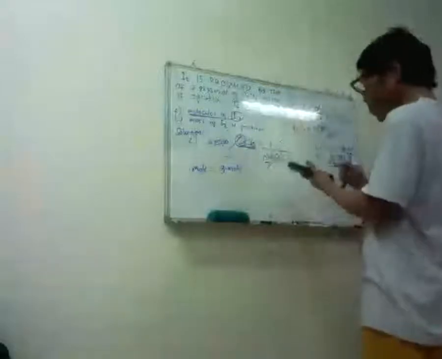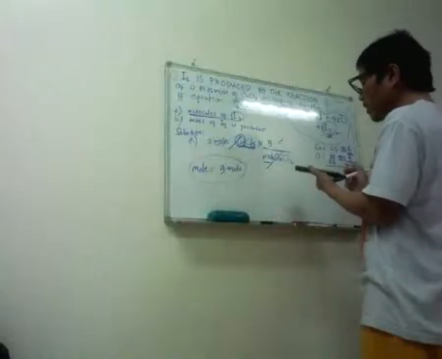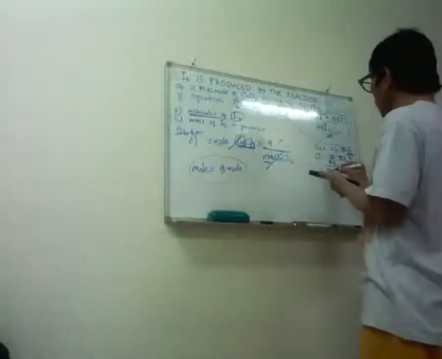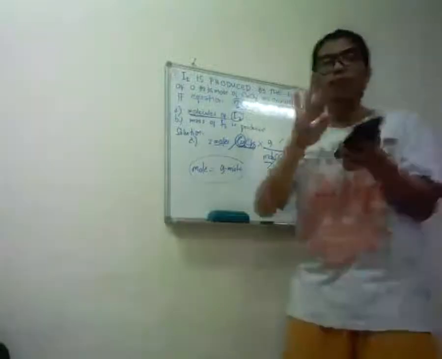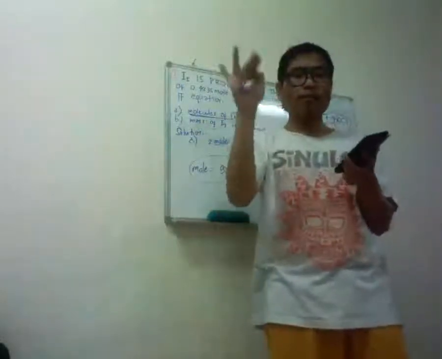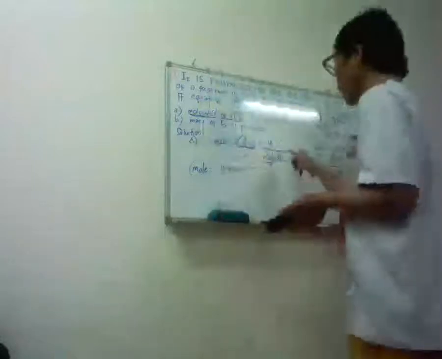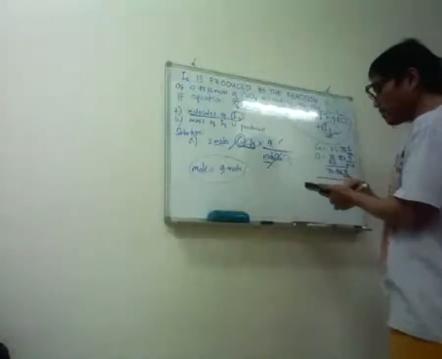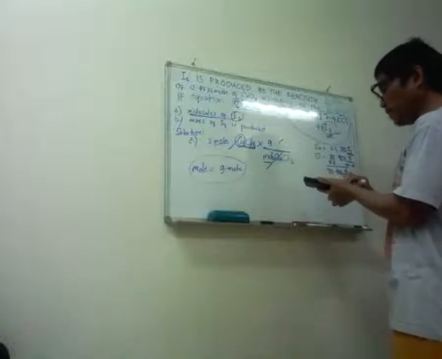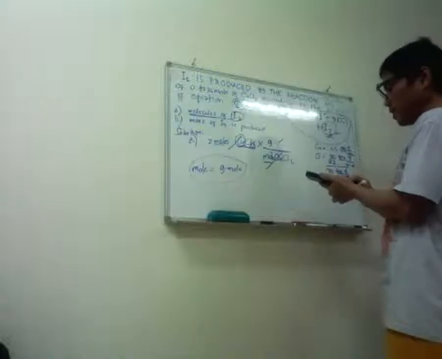Ganun siya. So, 35.453 times 2 is equal to 70.906. This is still gram per atom. Then gram per gram atom plus gram per gram atom is equal to gram per mole of one compound. Add them up. Okay? Total: 70.906 plus 63.546 is equal to